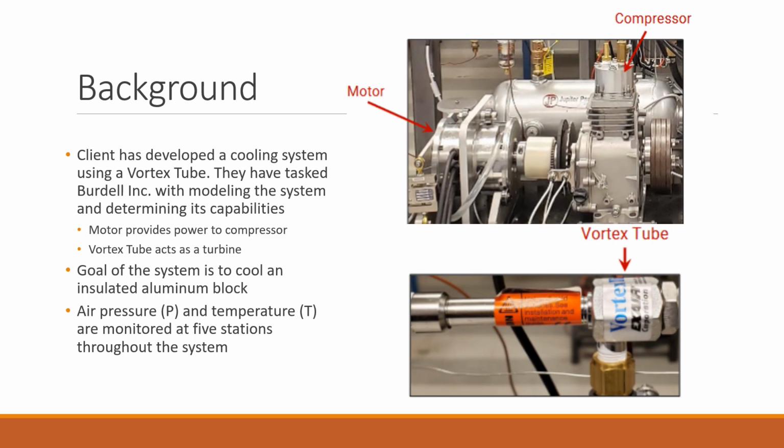So when taking a look at our system, the client has specified that the cooling system will be using a vortex tube, and the group is tasked with modeling the system and determining its capabilities. So in order to provide power to the compressor, a motor with varying voltages is going to be used. This vortex tube that the client is using to cool the system will effectively be acting as a turbine to cool the air in the system from room temperature to a much lower temperature